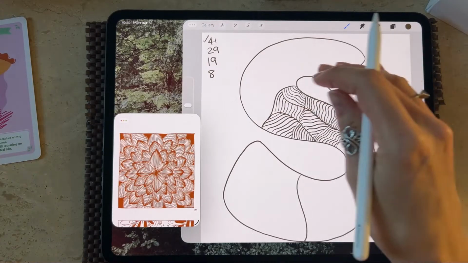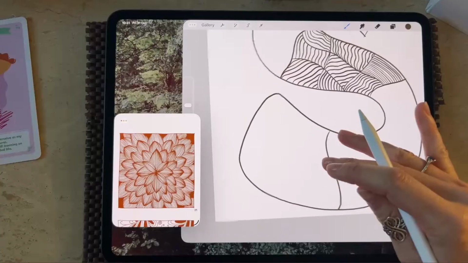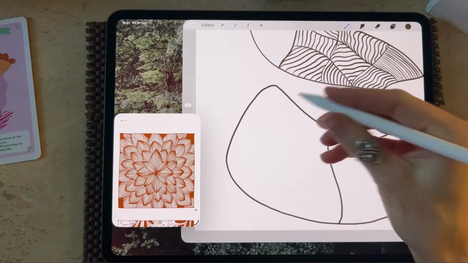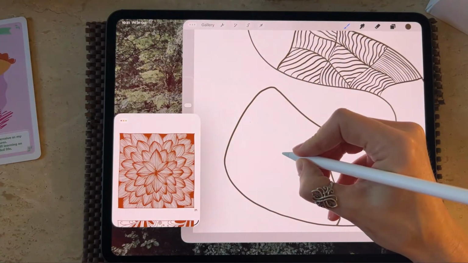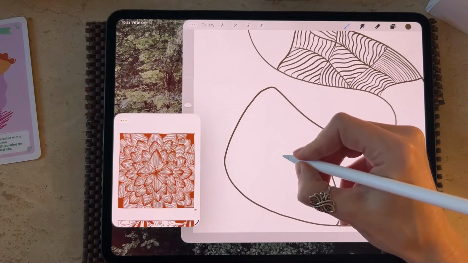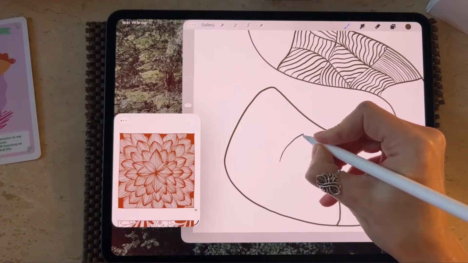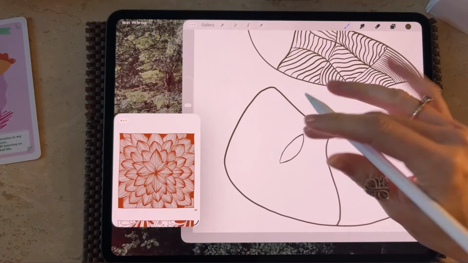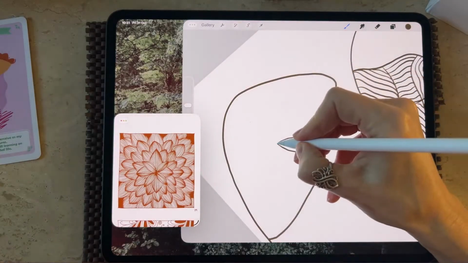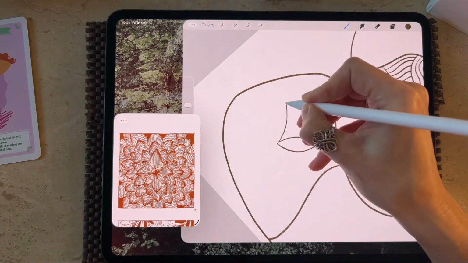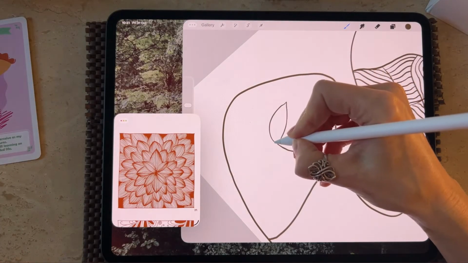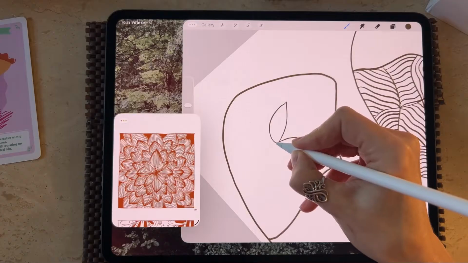Okay, so starting with the next one, I think I'm going to do that one down here. So relaxing into this after a nice warm-up doodle. We're going to start with these leaf shapes, four of them.